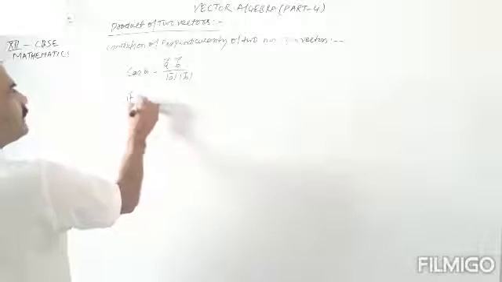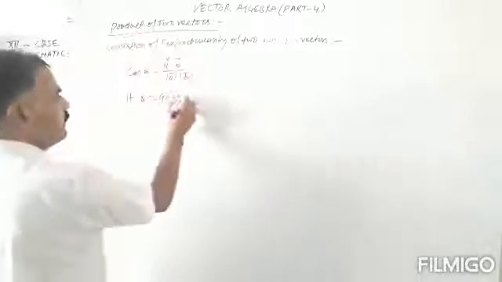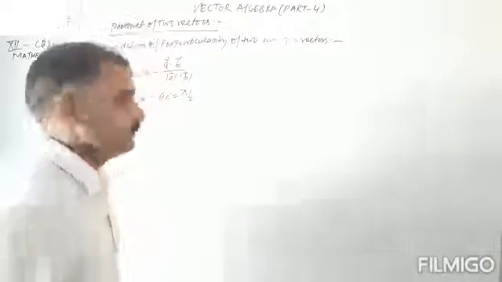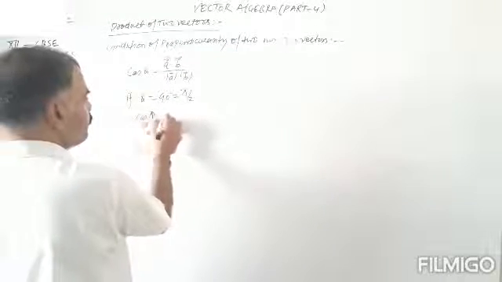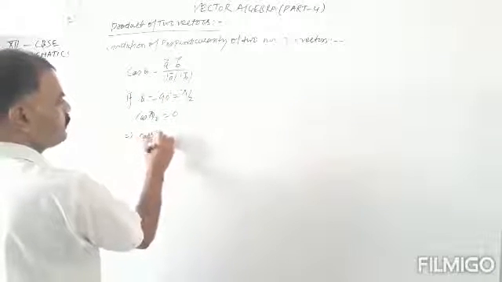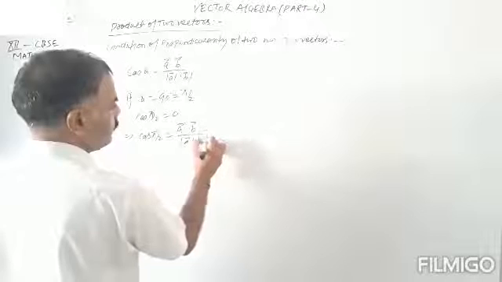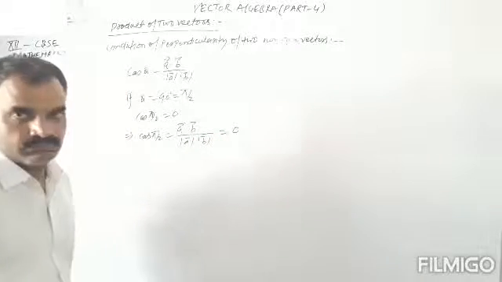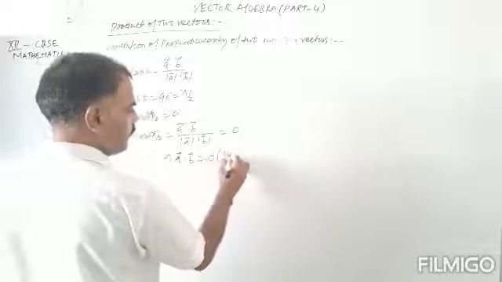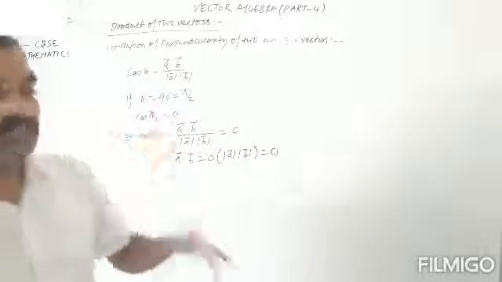So if theta is equal to 90 degree, that is pi by 2, between two non-zero vectors, then cos pi by 2 is equal to 0. So a vector dot b vector divided by magnitude a vector magnitude b vector is equal to 0. So a vector dot b vector is equal to 0 multiplied by modulus a vector modulus b vector, equal to 0. So what is the condition of perpendicularity?